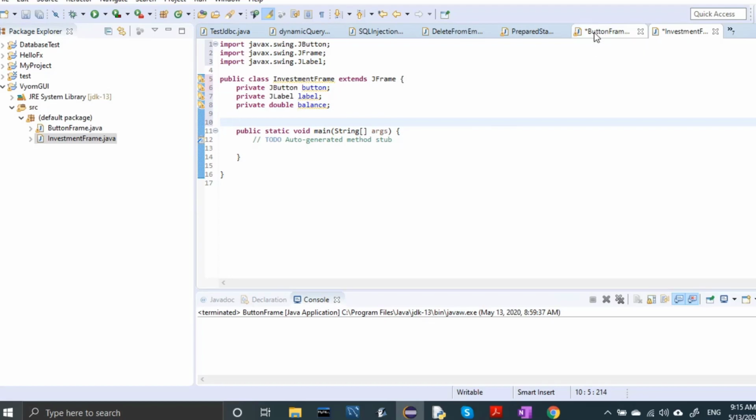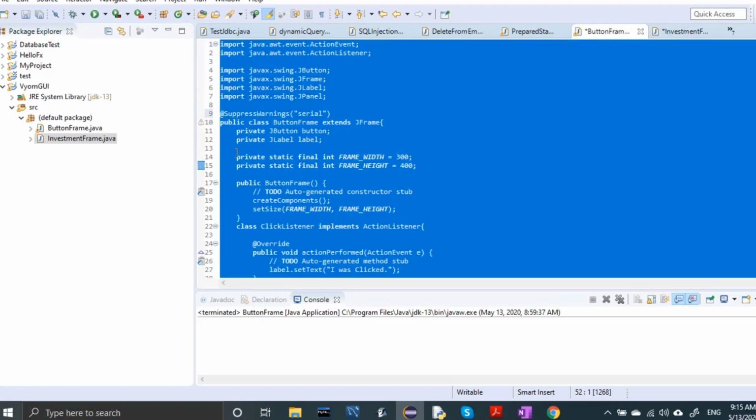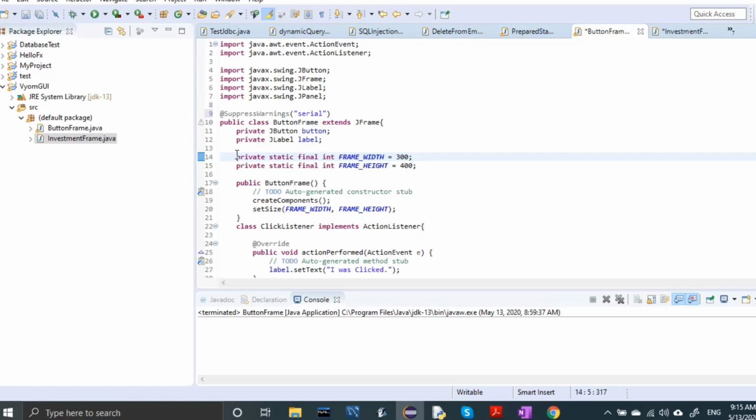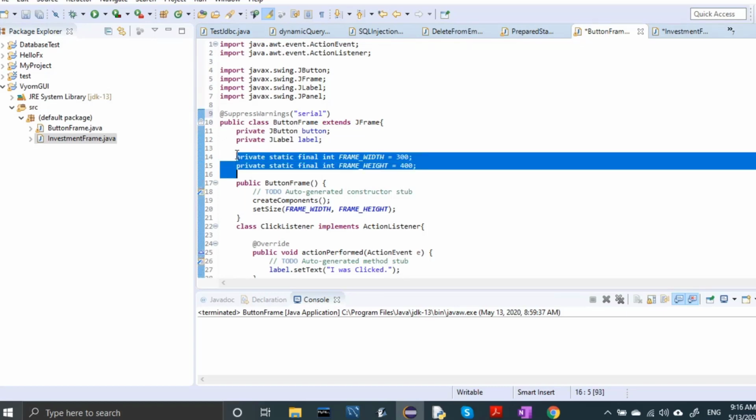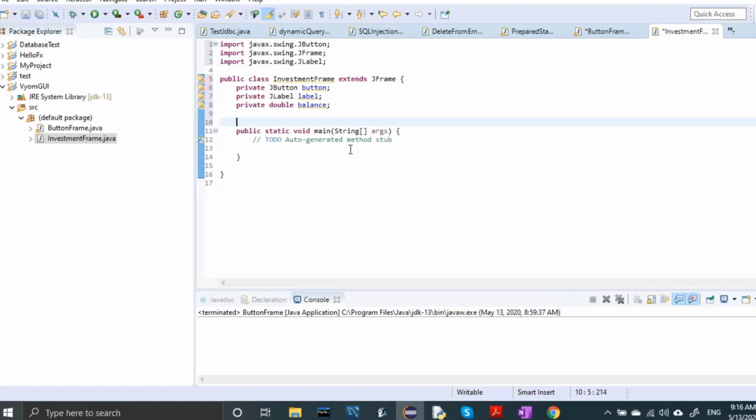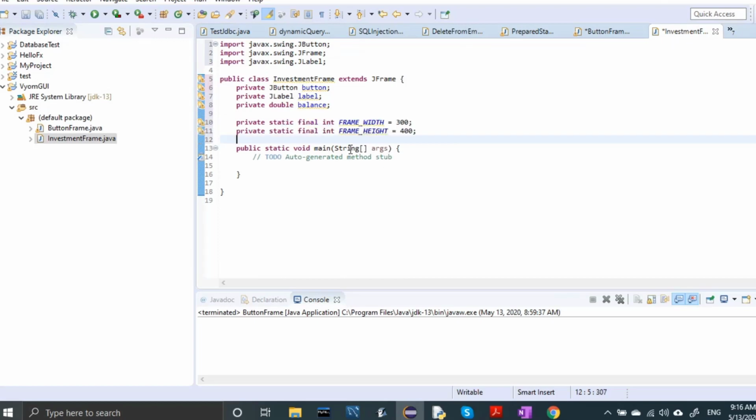I'm copying a few things from here, so let me create these two.